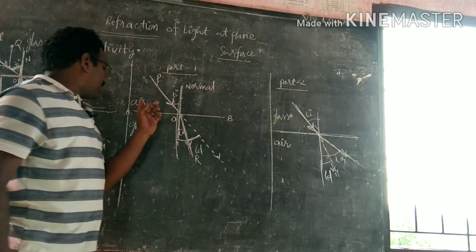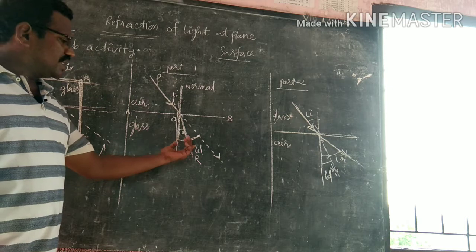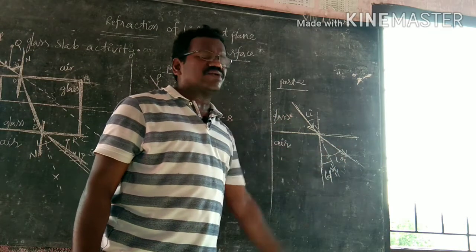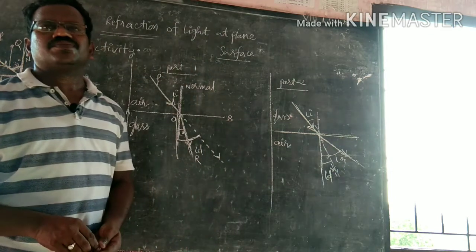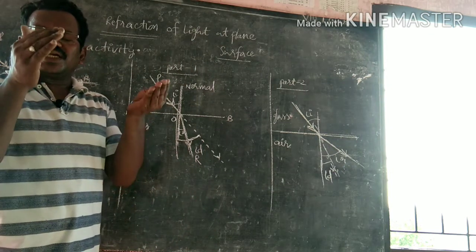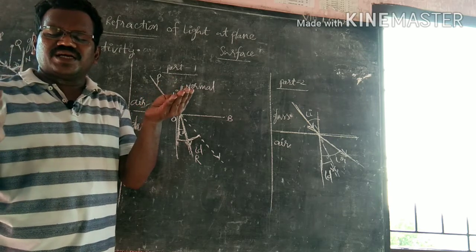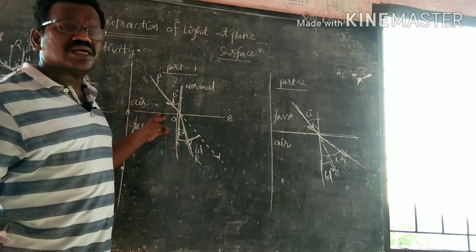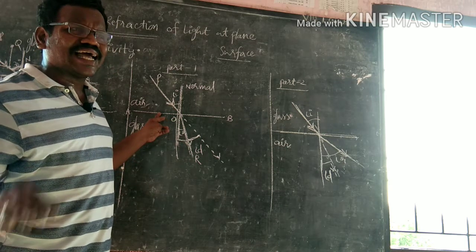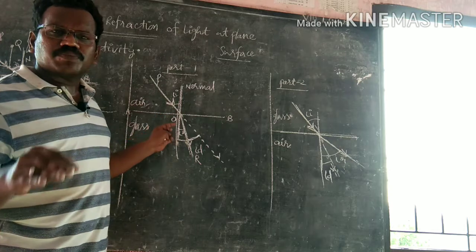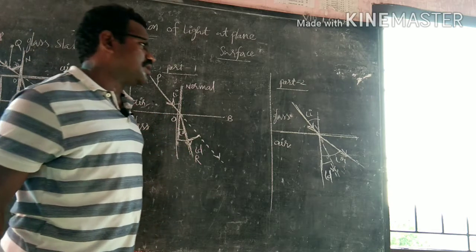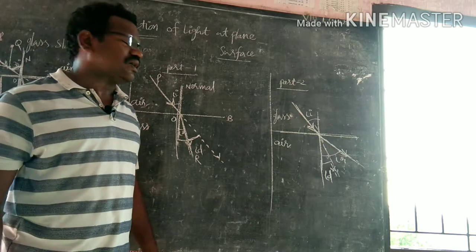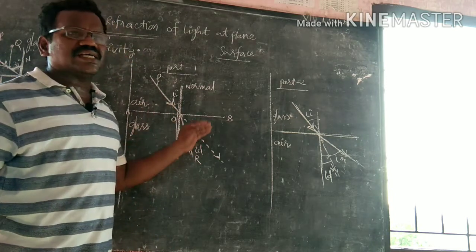The light ray traveling from air to glass deviates towards the normal. Glass to air, it deviates away from the normal. What is this? Whenever a light ray is traveling from one medium to another medium, at the interface of the two different optically transparent media,